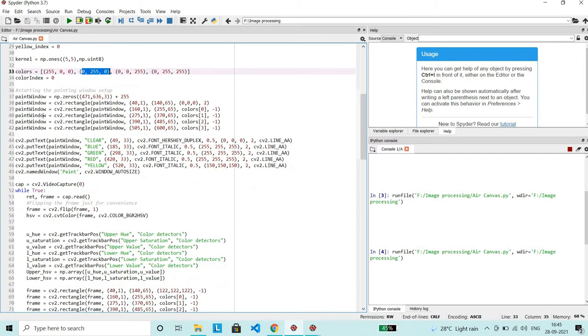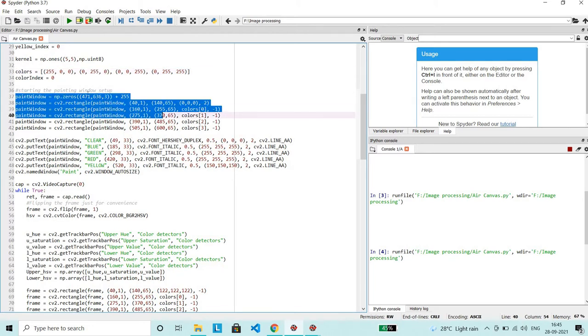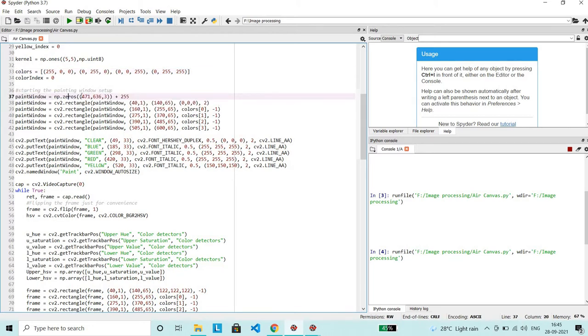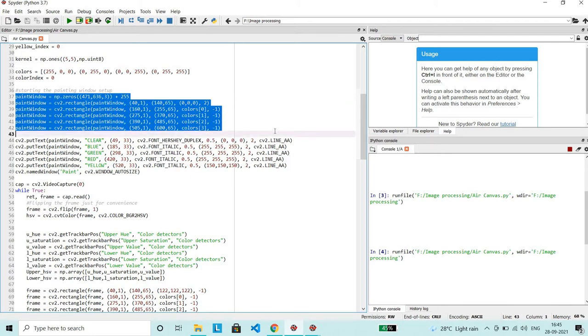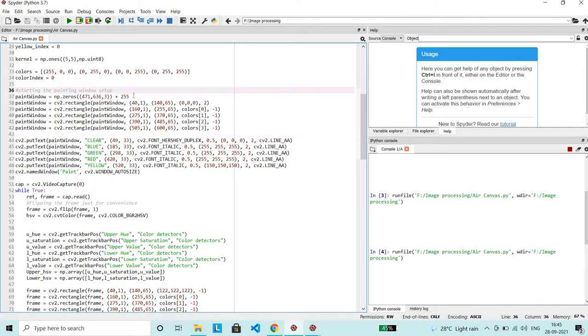Now we have created the paint window. This is np.zeros and these are the dimensions of that window. This creates the paint window which is completely white, as you can see. We have added 255 because we want something completely white on our screen.